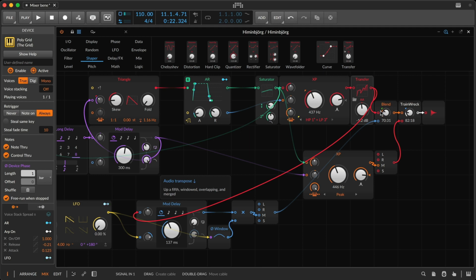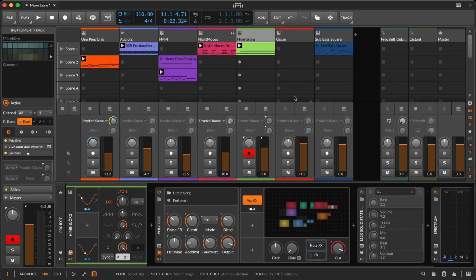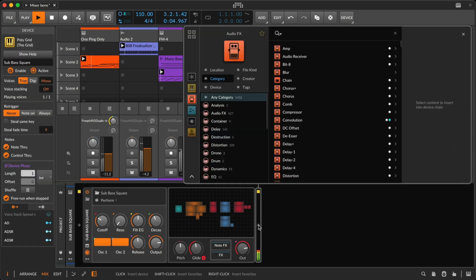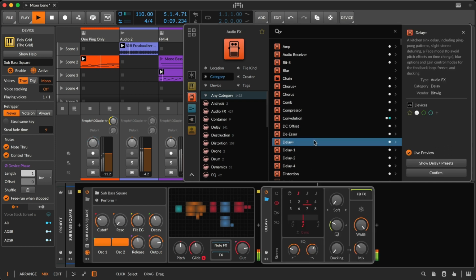So there's always an idea of blend, which is really just dealing with gain on a different level, but it is a sound design choice. It is a mixing choice. So something that could be useful here, like if we're thinking about an effect, oftentimes, let's have some bass in here. A lot of our effects do have a wet-dry control. And there's a reason for that.